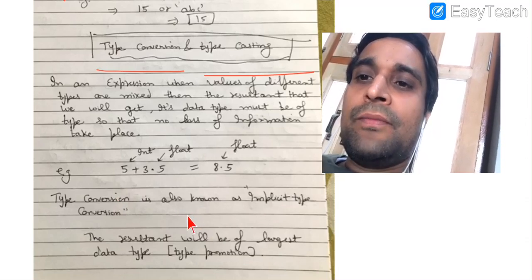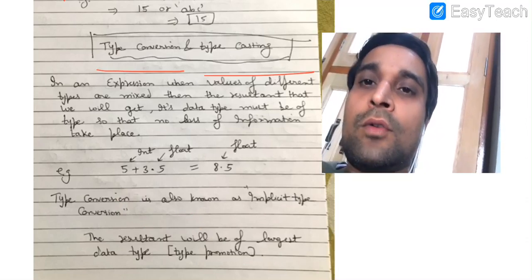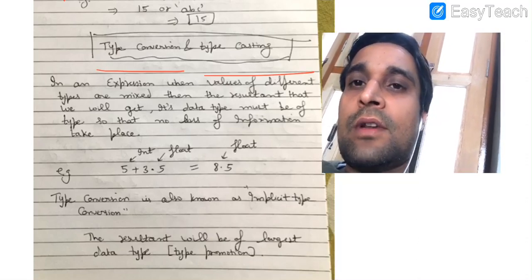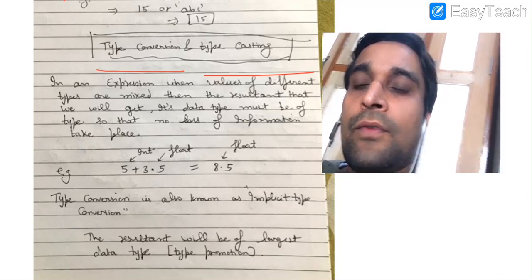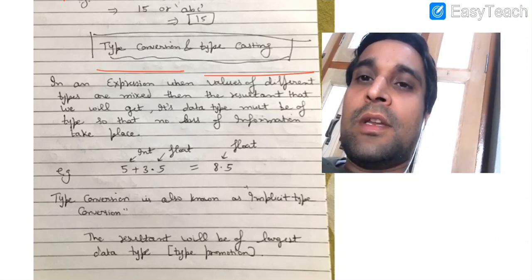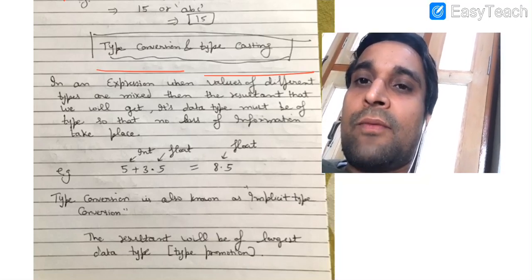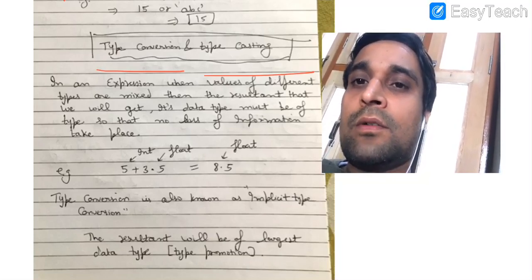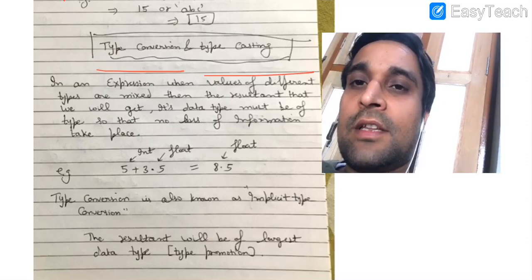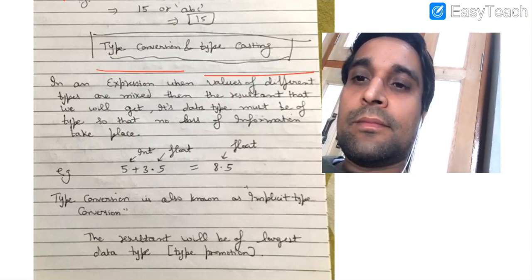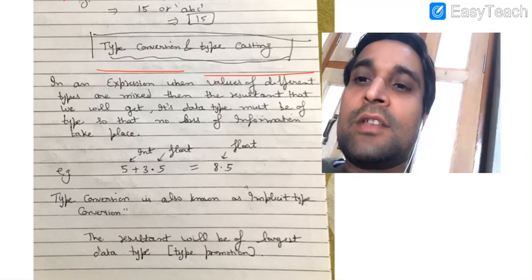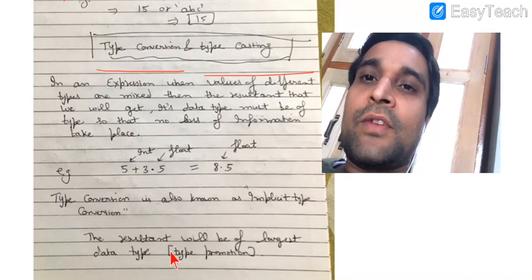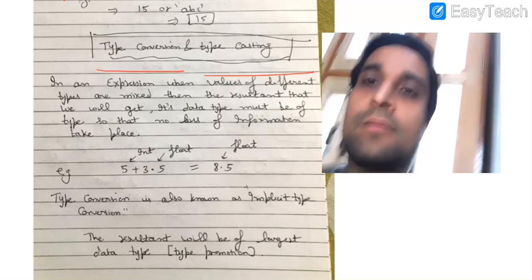If in our expression any operand or object is of type complex number, then our result will be of type complex number. If no complex number is available but any operand is of type float, then the resultant will be of type float. If no complex number or float is in your arithmetic expression, then we will get the result of type integer, and this concept is known as type promotion. It means the resultant will be of the largest data type available in the expression.